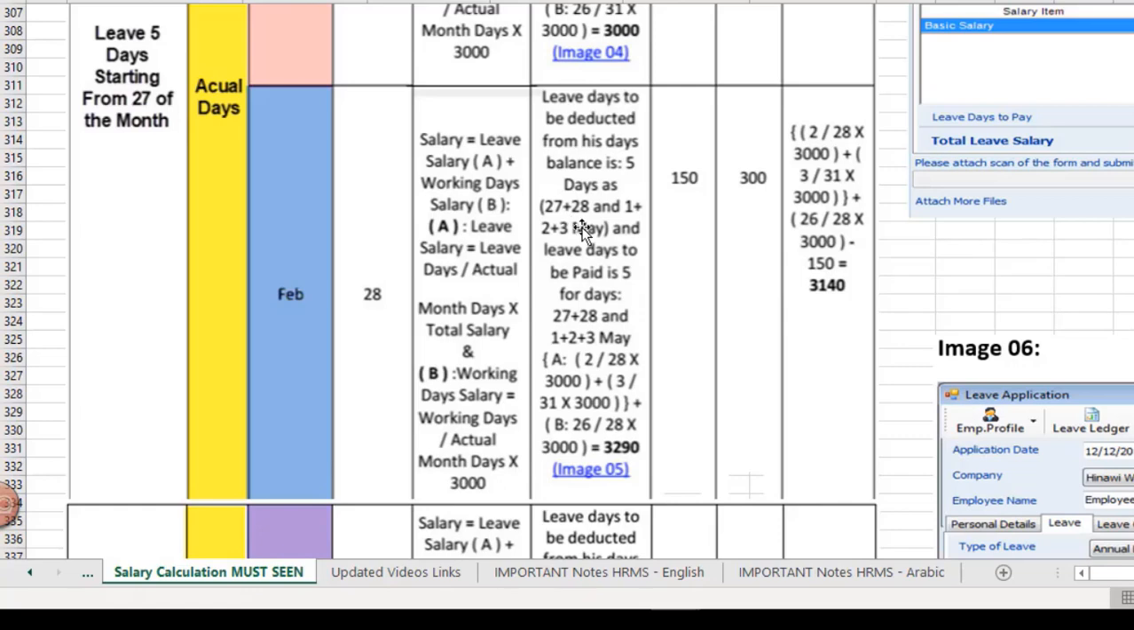And the leave days to be paid are also 5 days, since it's 27, 28, 1, 2, and 3 of March. So which results in 2 days right here, which are 27 and 28, divided by 28 from here, multiplied by the 3,000 which is the salary, plus why is this 3 here? Because it's taking 1, 2, and 3, the first 3 days of March. If we add this together, it will give us 3,290